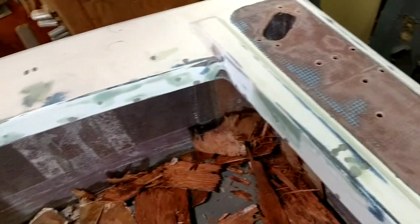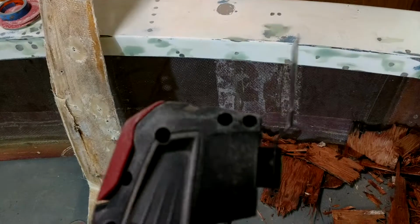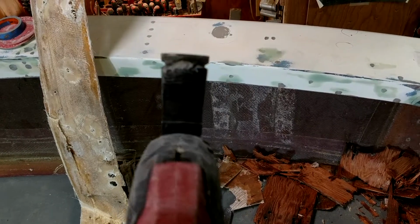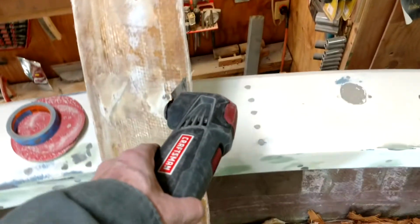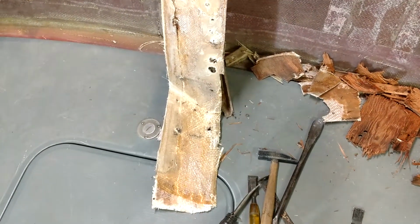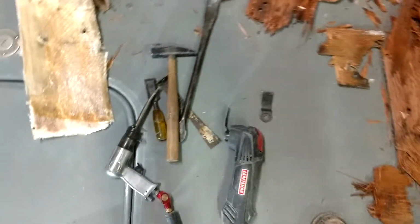So I thought I'd show you a few of the tools that I used to remove it. The first tool that I used is my multi-tool, with a wood bit on it. This is actually a scraping bit that I made, and I cut all along the edge of the fiberglass that they had underneath the plywood, and removed it. And then I took my multi-tool and scored the plywood in a few places, and then I took my air